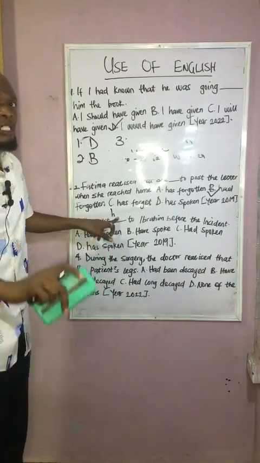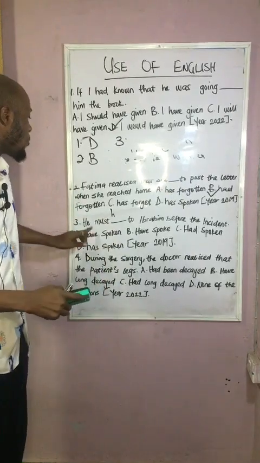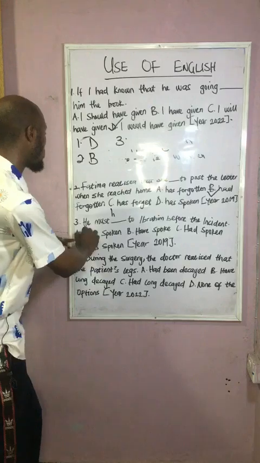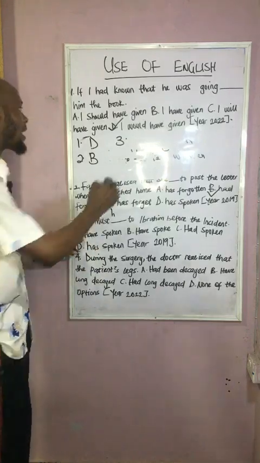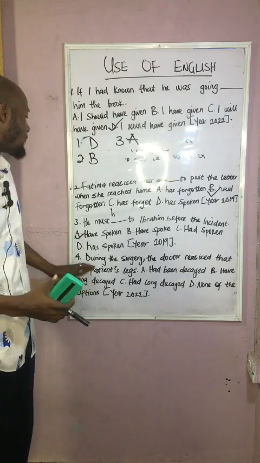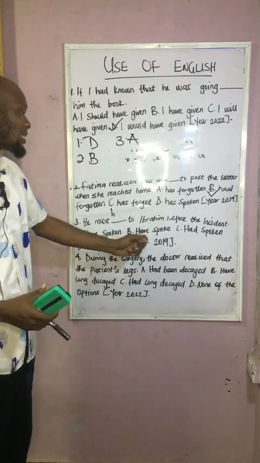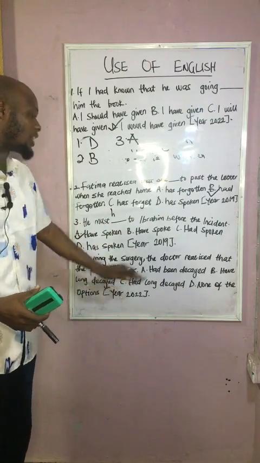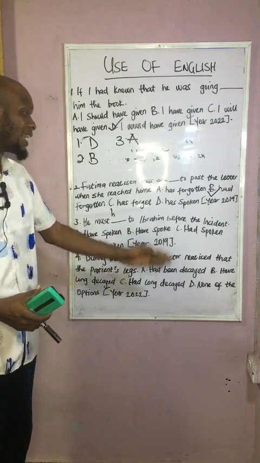Spoke, past tense. Spoken, past participle. Therefore, he must have spoken to Ibrahim before the incident. The appropriate answer here is A. And finally, we have during the surgery, the doctor realized that the patient's legs dash had been